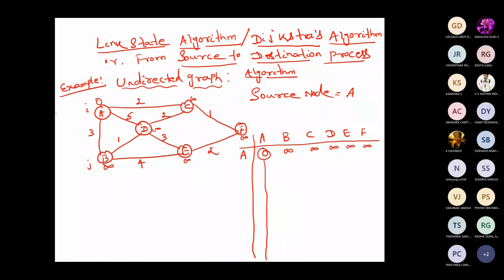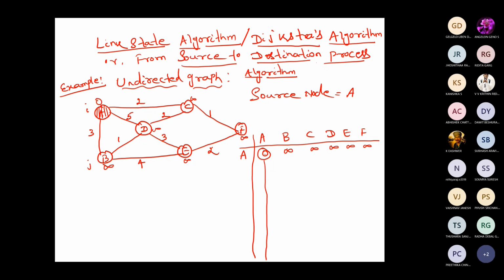A is visited. The shortest distance for A is 0. It means that part is done. Now we are going to find all the distances with respect to A, and the value of A is 0 and it is visited. A is visited but the remaining nodes are unvisited. You have to use these words, guys: visited, unvisited. So this is the first point we have done.